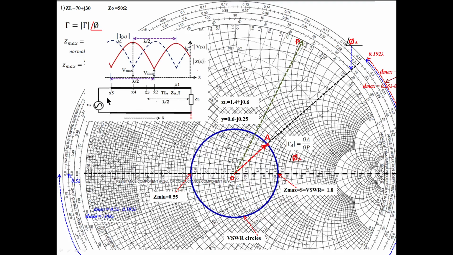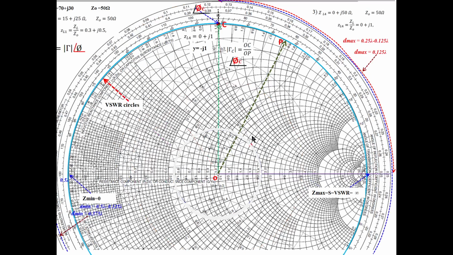For example, one more lambda by 2, if the length of the line is, what do we have to do? Start from here. If you complete one complete circle over this, we are traversing a lambda by 2 distance. Further, if you want to move, you should go like this, because the length of the line is not always equal to lambda by 2. It may be of any lambda. It may be 3 lambda, 4 lambda, 5 lambda. It may take any value.